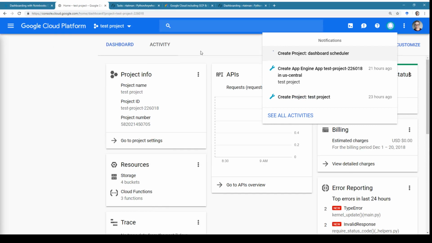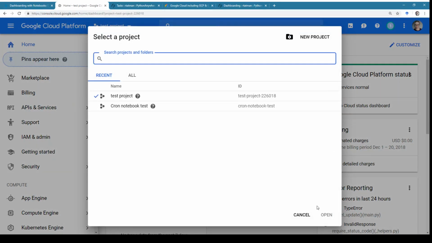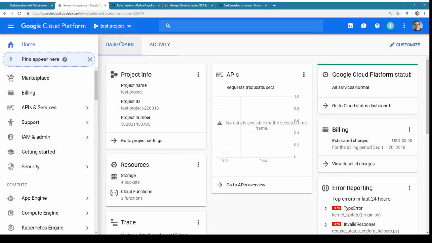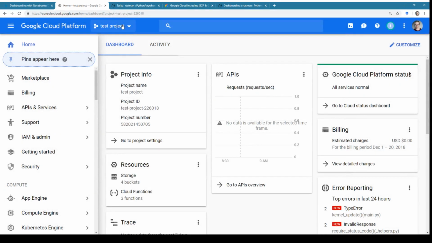All right. So I have made a new project. I want to make sure that I am in that project. Where's my project I just made? Did I hit the wrong button because I was talking? There we go. So when you look in this little drop down here, you want to make sure that it